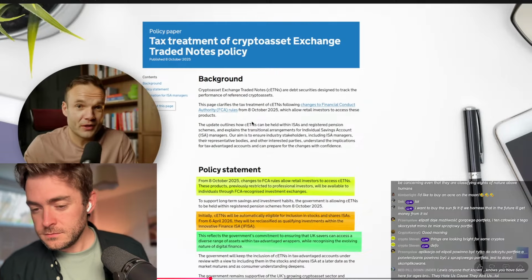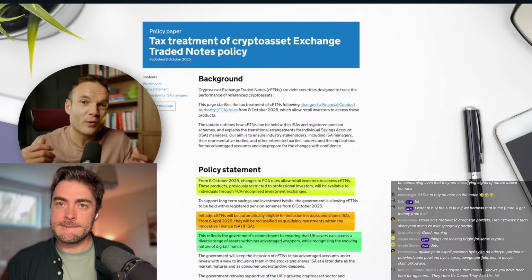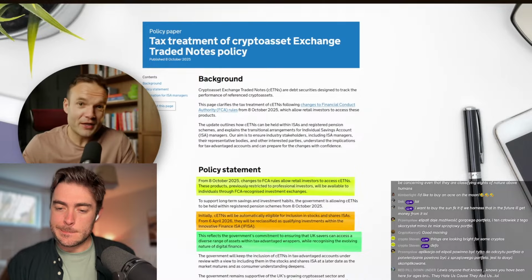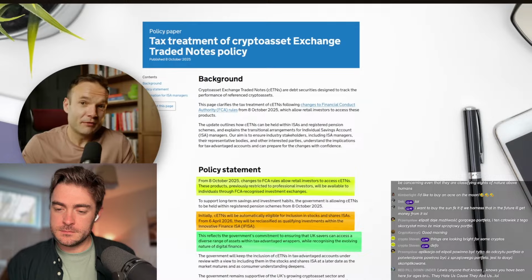Now, on a positive note, this still leaves us with plenty of time to invest in a crypto product if we want to. And there is a point here saying that this is always under review. Now, I read this as we have no idea what we're going to do. It's up to the government to figure it out and give us some proper clarification. So in the meantime, we're going to be really cautious.